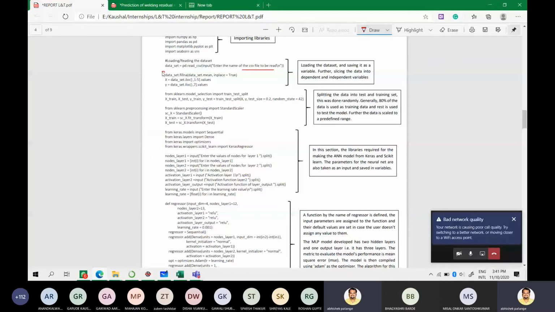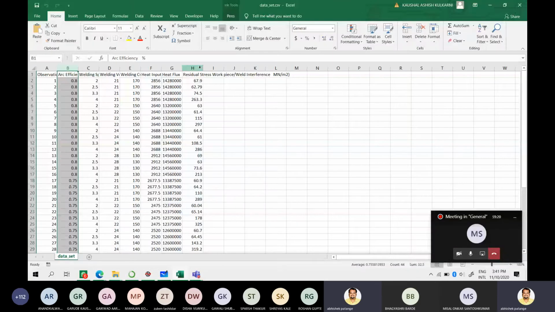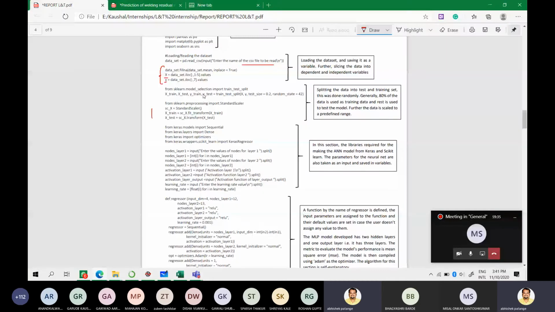If you train on the entire data set and then ask the model to predict from that same data set, the model will obviously do well. If you show the child an apple and then show the child the same apple, the child will obviously say it's an apple. But the true test of the child will be when you show him a green apple or an apple from Kashmir or an apple from Fiji. Then if the child is able to say, "Yeah, this is an apple," then the child has actually learned.